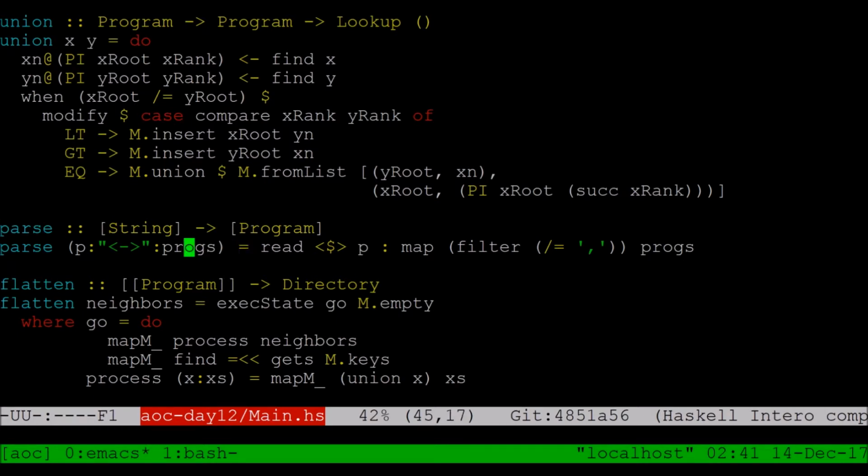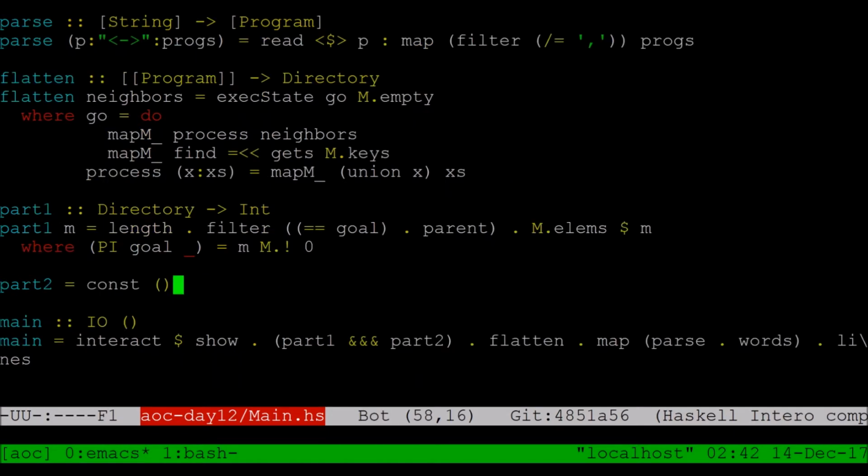The parser just takes a line, which is a list of words, splits it on the one word that is this kind of spaceship operator thing, and just returns a list of all the programs that were on that line, ignoring which one came first. It does that by splitting on comma, or removing commas, I guess, since we already split on spaces. And the last